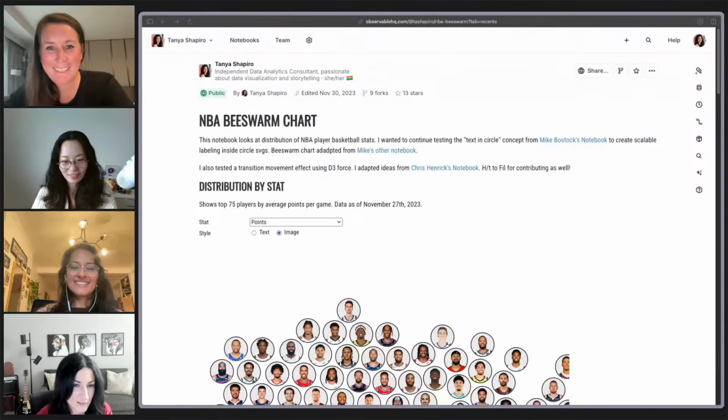D3 can be very intimidating, with a steep learning curve for anybody who's ventured into it. But one thing I really love about working with Observable notebooks was that there were so many examples that I got to see and play around with. So I want to share something where I was looking at other people's notebooks and cobbling code together to create my own thing. So here, let me go ahead and share.